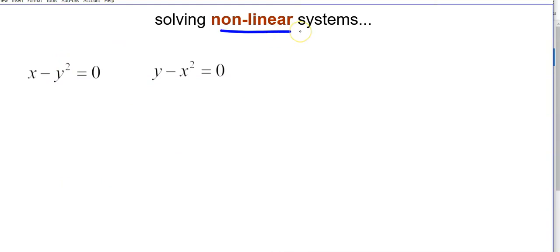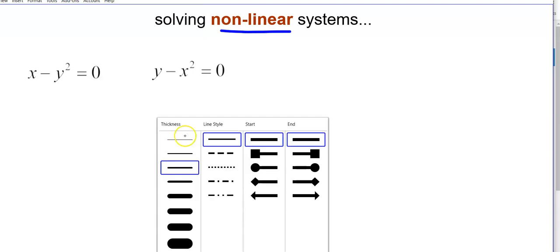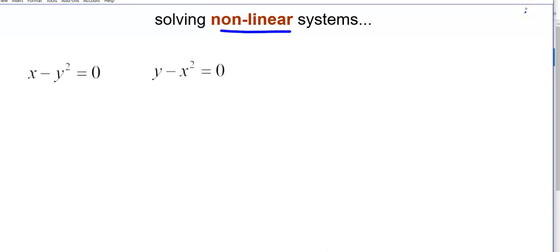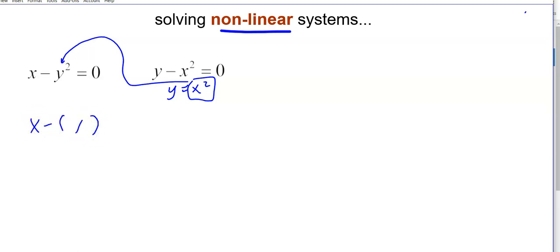Nonlinear systems. This is section 11.8, and this is the tougher section for sure. But the concepts are exactly the same. Elimination or substitution. You can choose your poison here. I see this as substitution, so I'm just going to solve this one for y and see what happens. If I solve this equation for y, I get y equals x squared. So now I'm going to take x squared and plug it in everywhere there is a y. So I get x minus, instead of y squared, x squared